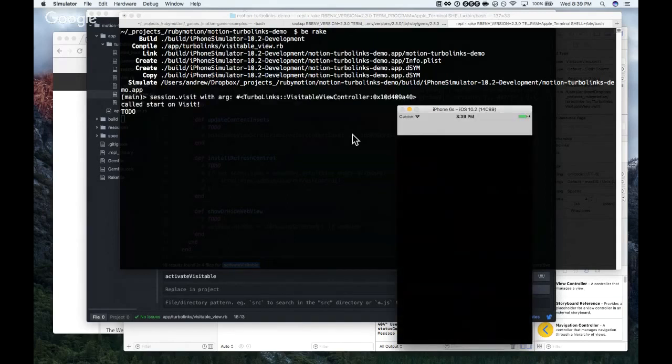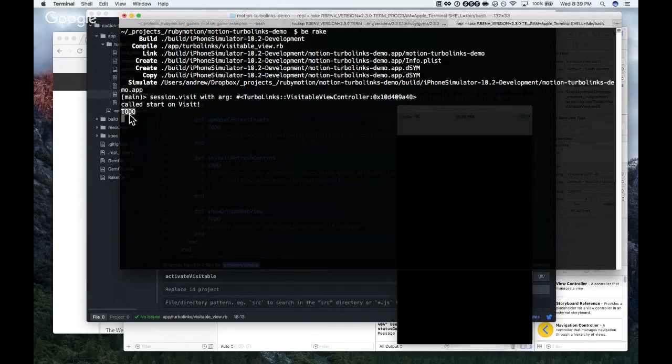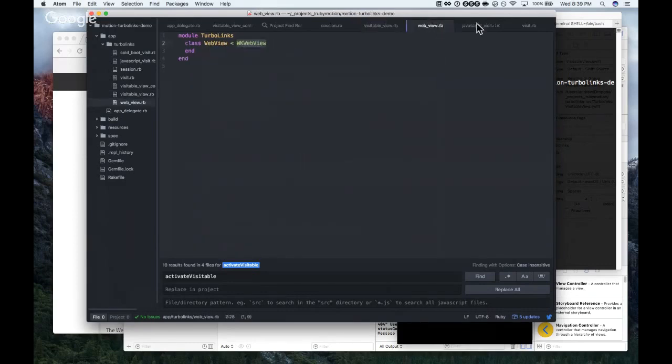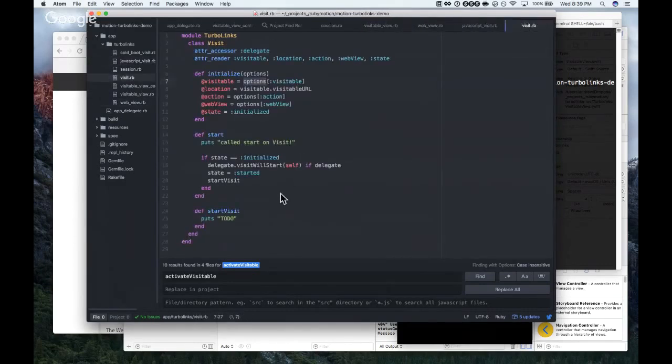Woohoo! All right, now I got it to do it. There's a whole bunch of places where you put to-dos. Start visit, I think that's the one. So it called it, and it all ran. So we went through the whole visit will start stack.